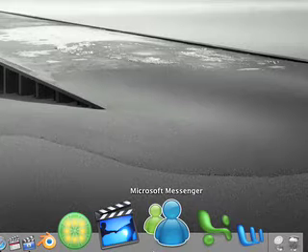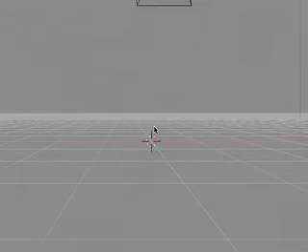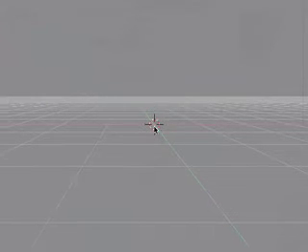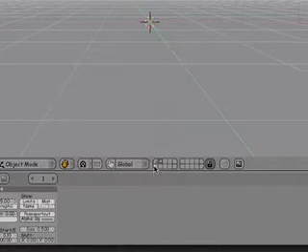I'll be doing a tutorial about the domino game I've made. So first we're gonna start making the domino cube. So I'll go into the first layer, add a cube,